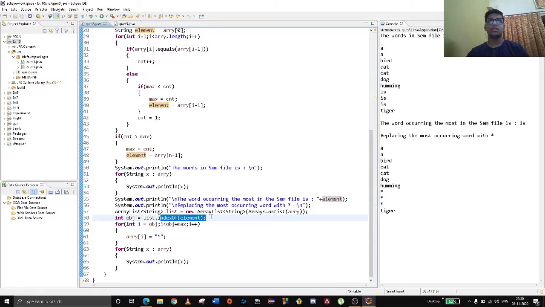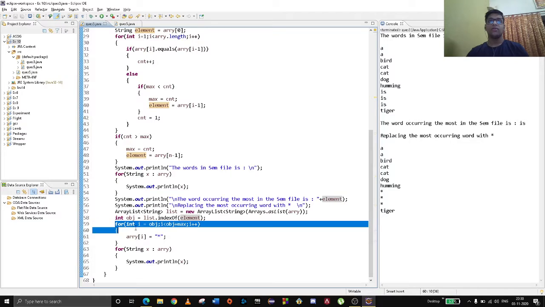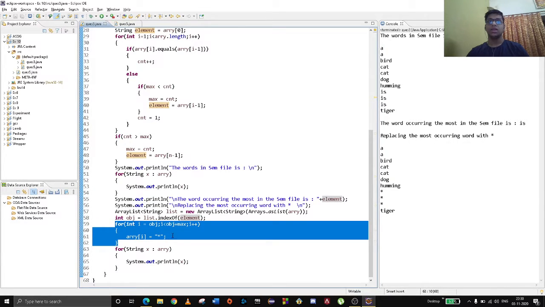Every element has its own index, so if an element comes many times, we should iterate over all the words from that element's index up to the maximum occurrences of that element in the array. We also provide a for loop for replacing: wherever that element occurs, replace it with asterisk.